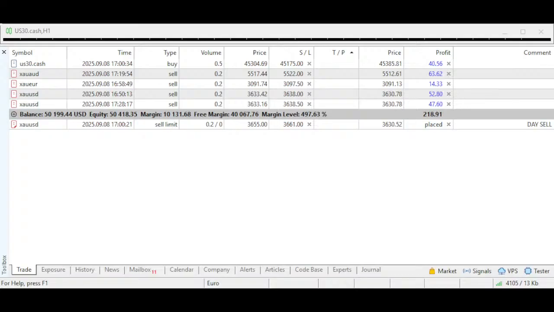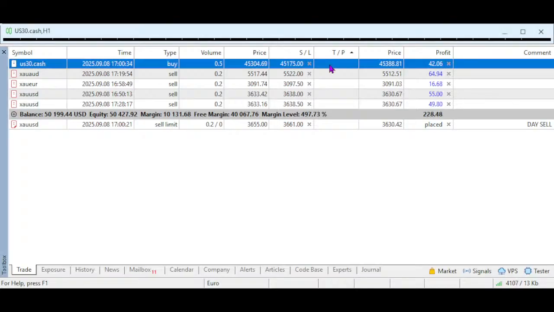Okay, so now the Dow has already started rising. So I think it's a good thing that we didn't go for a sell. Okay, so I think that decision we took was right. So now we just have to see how far it can go. Then we do a projection.